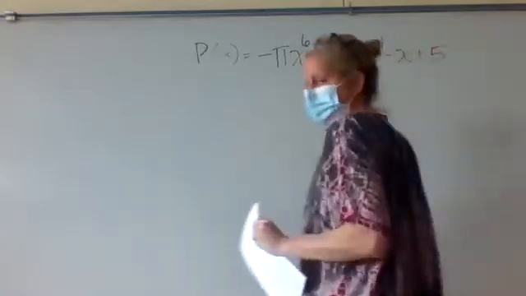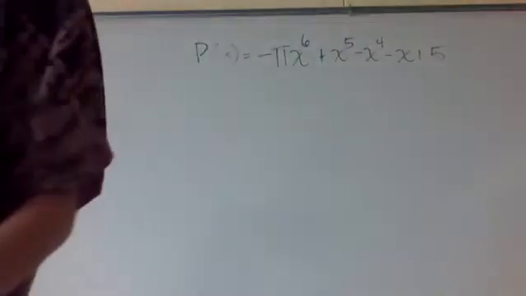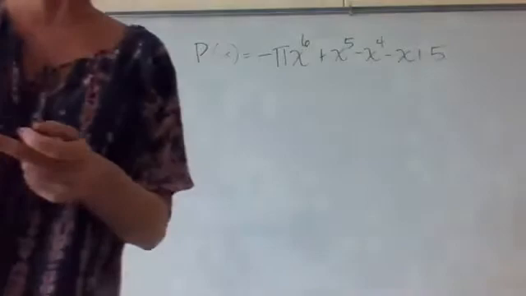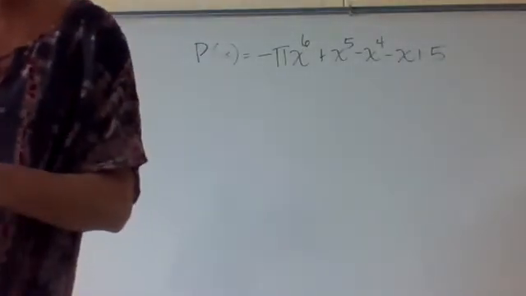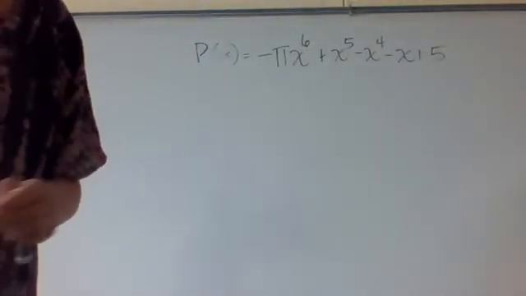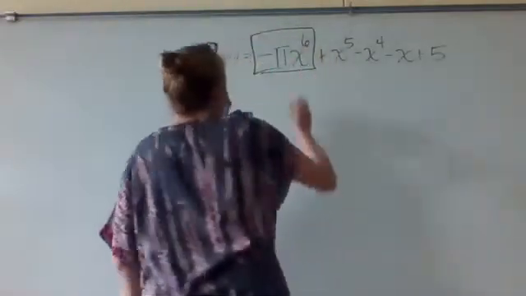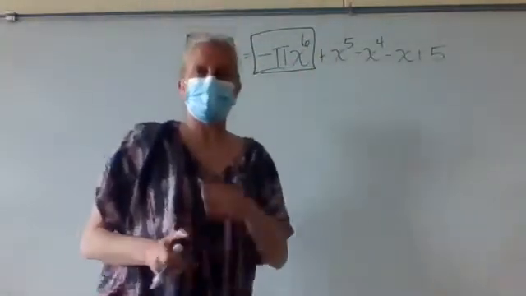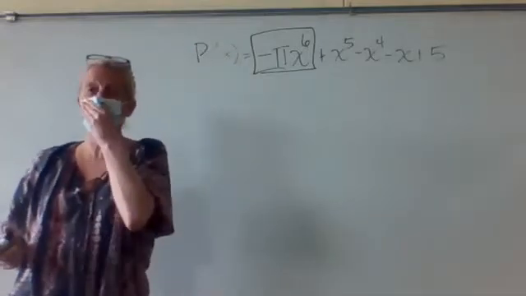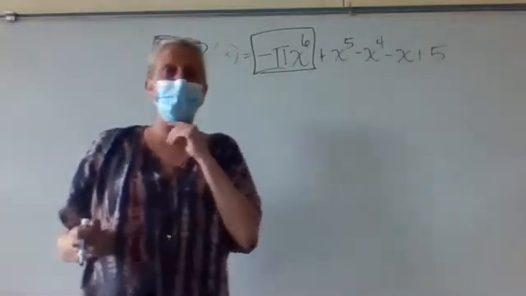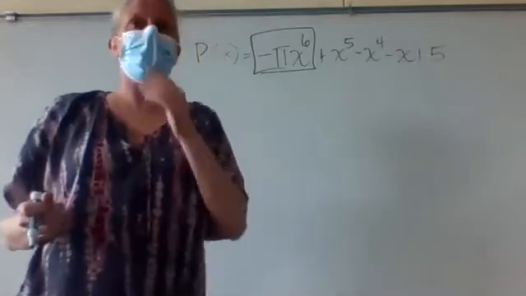plus 5. So when I'm talking about the leading term, it's not always the term in the front. It is in this case. But the leading term is the term that has the highest exponent. That's what gives your graph its end behavior. The term with the highest exponent is that one. It does happen to be up front this time. So you're looking for two things. You're looking for its exponent